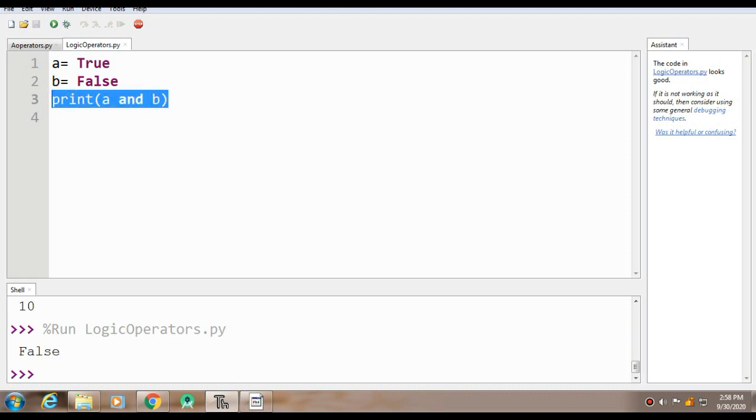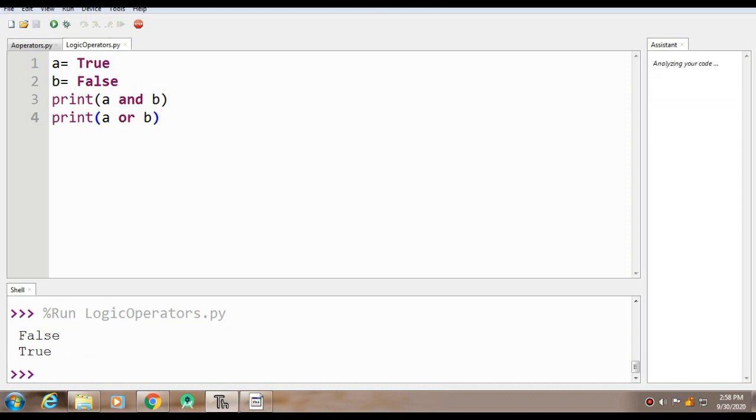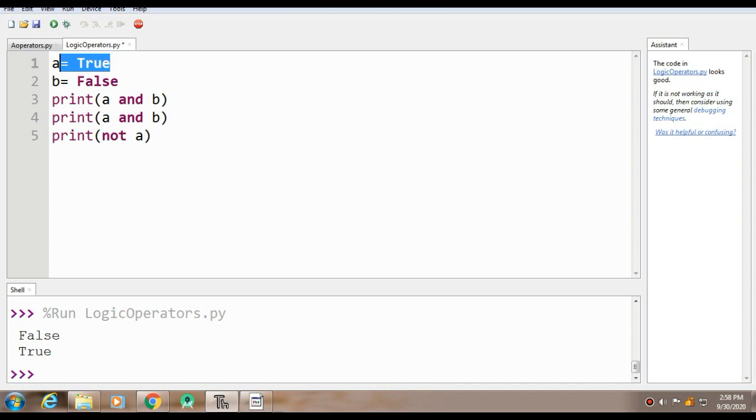So if we try the OR of the same, it will return me True. But suppose here instead of this, I just want to check not A. So whatever the value of A is, it will show me the opposite of that.